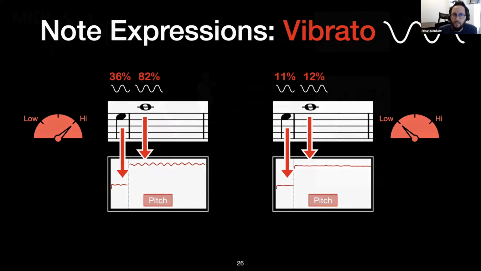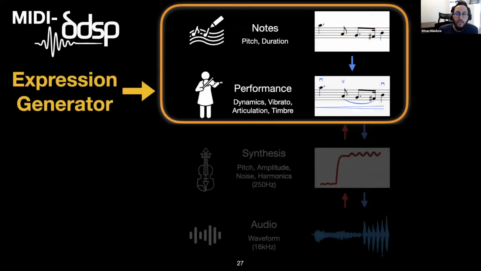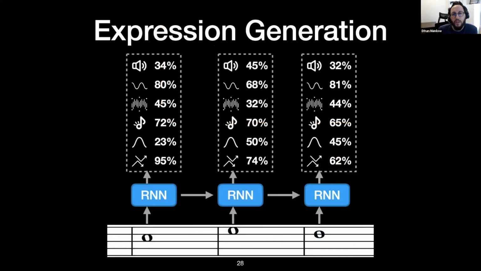The final piece here is the expression generator, which will generate performance characteristics by controlling those note expression summary statistics I just described. Because the previous note expression module does most of the heavy lifting in converting these expressions to DDSP parameters, the generation of these 6 expression controls per note is relatively simple. Here, we just used another autoregressive RNN to predict values for each note.